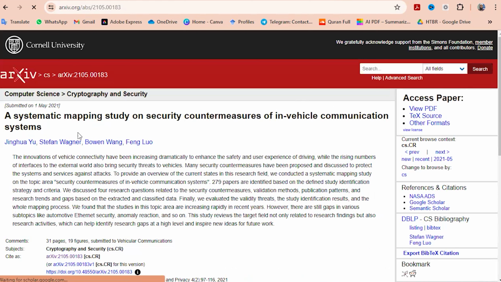Mapping of security countermeasures in vehicle communication systems. If you see this paper,